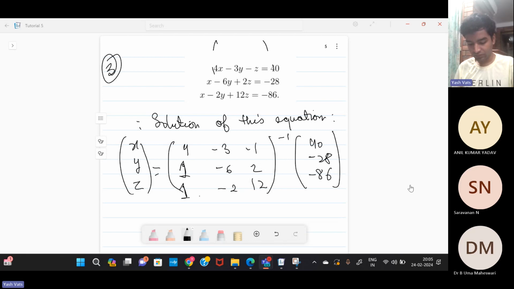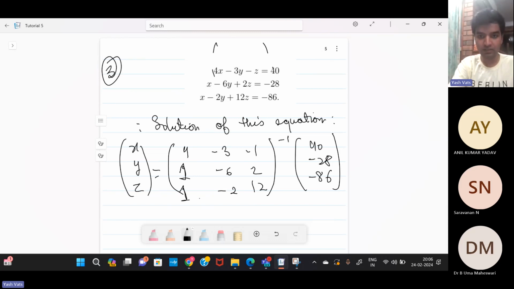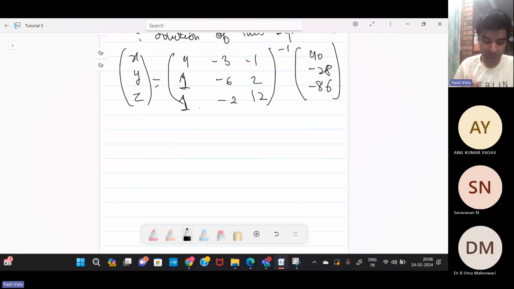So the solution of this system is 40, minus 28, minus 86, so x, y, z is approximately